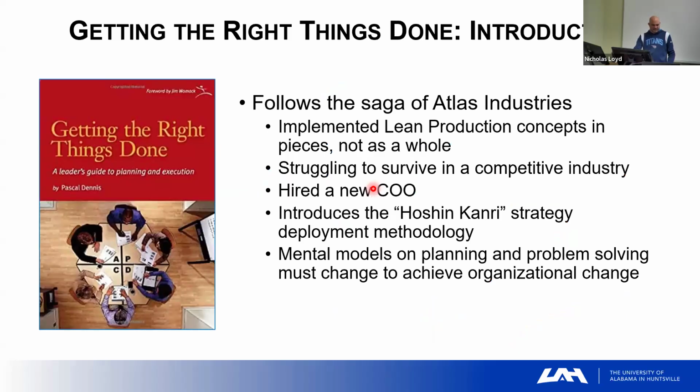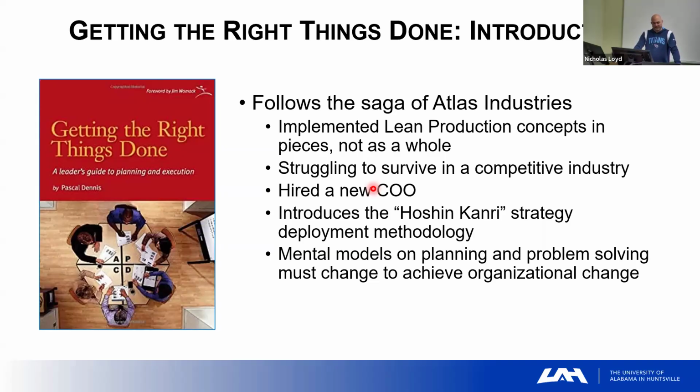Over the next couple of weeks, we're going to introduce the other 2 books. One of them is Getting the Right Things Done. I'm just going to give you an overview. If you follow the readings, I think doing the first chapter or so as part of this week was just to give you a head start and spread the readings out. But what Getting the Right Things Done is going to do is introduce us to a company called Atlas Industries. It was a company that had implemented lean concepts as pieces, not as a whole,